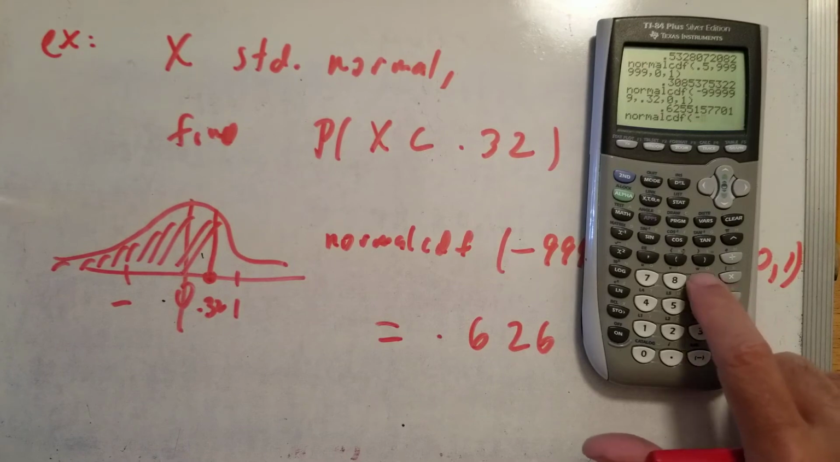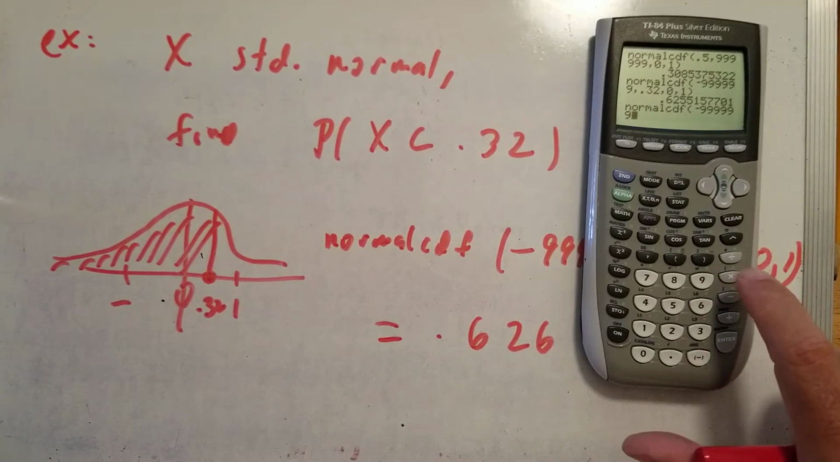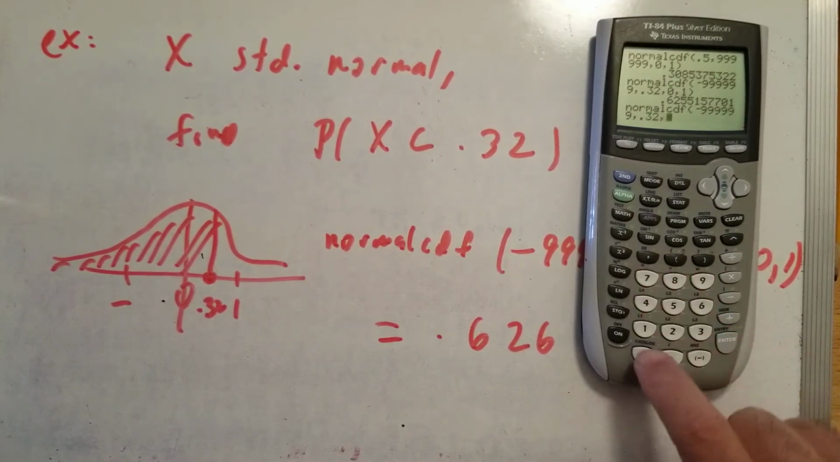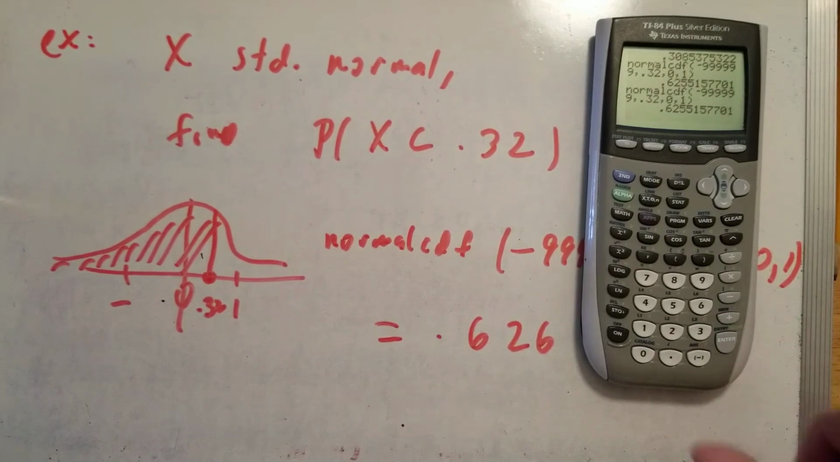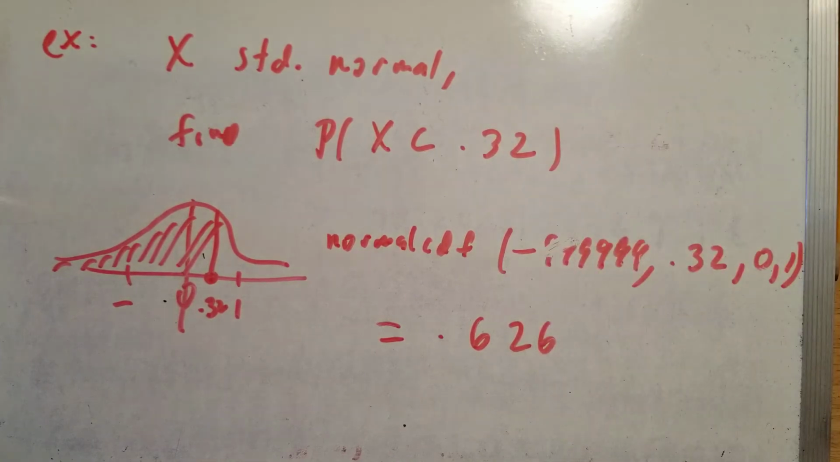So if I went -1, 2, 3, 4, 5, 6, just doing the same example, 6 nines, comma, 0.32, comma, 0, comma, 1. Of course, it spits out the same number. I'm going to put the Stat Wizard back on. I'll leave it off for the moment. Okay, now